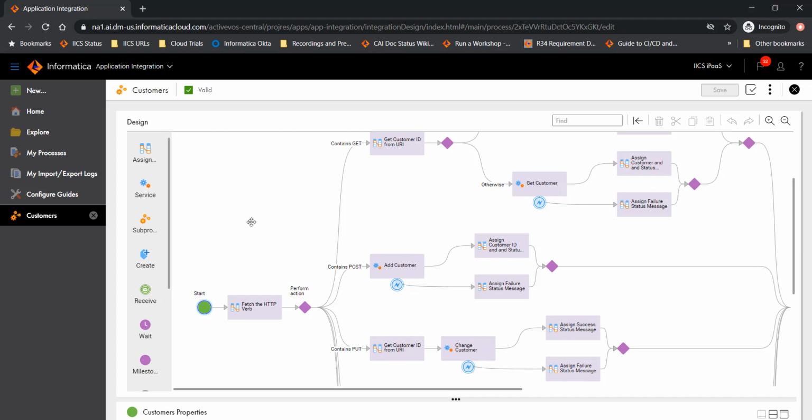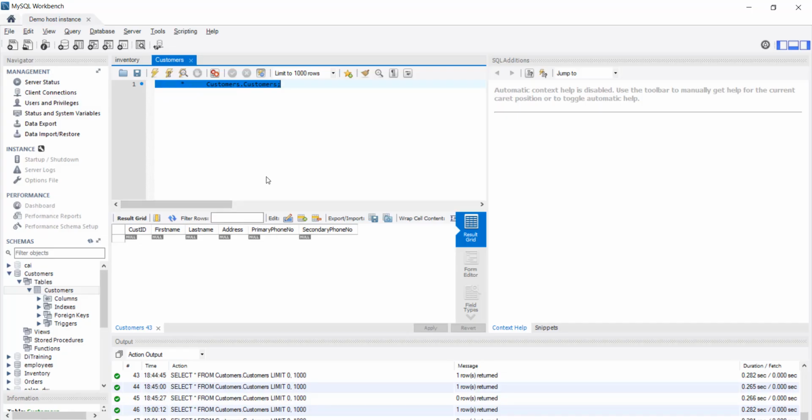So let's talk about what this process does. This process is meant to manage customer data. It uses a database behind the scenes. As you would notice, we have a MySQL table here that maintains customer information.